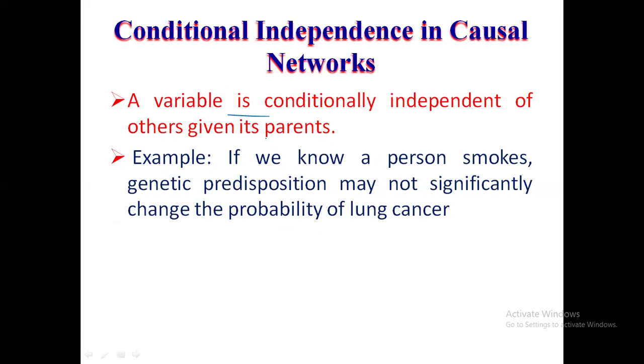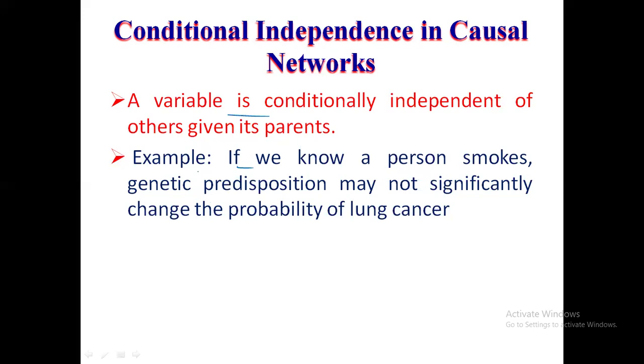This means that once we account for a variable's direct causes, other background information becomes redundant. For example, knowing that a person smokes might make genetic predisposition less relevant in predicting lung cancer, reducing complexity in probabilistic reasoning. By focusing only on relevant dependencies, causal networks avoid unnecessary calculations, making them efficient for reasoning and decision making in